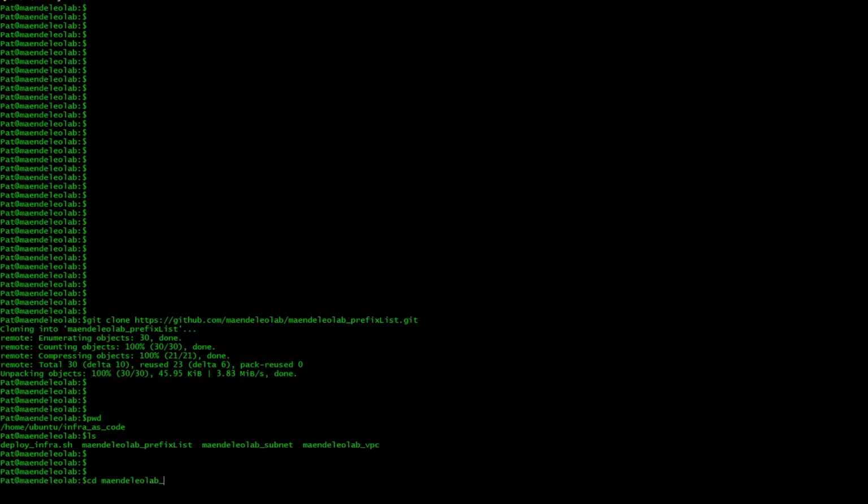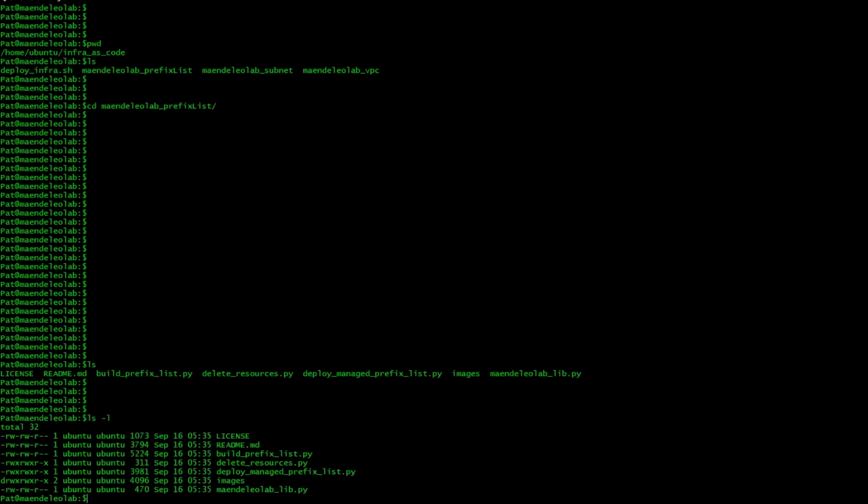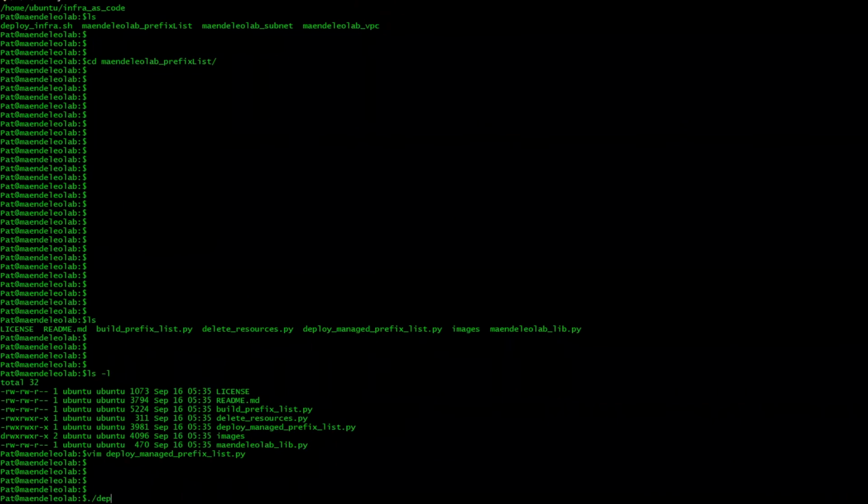Now we'll CD. Here we are. We are now inside this particular folder. We are going to edit the configuration file. Make sure you change this to your source IP address. This could be your home address, the IP address that you need so that you can have access. You can easily edit this, replace them with yours. It's fine. Now we will deploy a prefix list